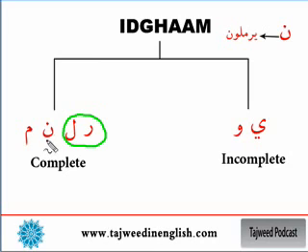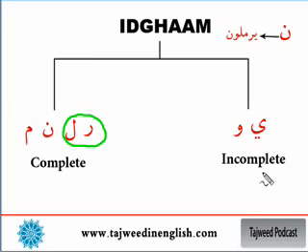So the ghunna exists on the second letter, not on the first one. But on the lam and ra, the ghunna disappears completely, because noon in front of the ra, noon in front of the lam, does not have any ghunna at all. It's called idgham without a ghunna. So go to the podcast and revise what I have mentioned in the previous lessons.